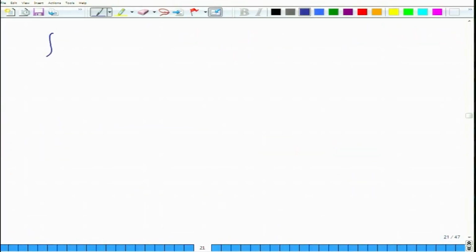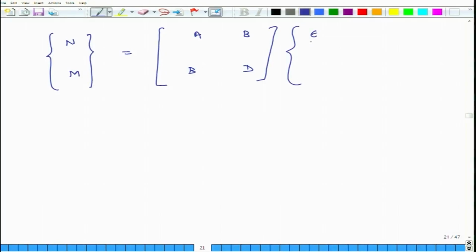So, if we have N and M, these are the vectors. So, this is equal to A, B, B and D, these are sub matrices, times epsilon and kappa. So, these are mid-plane stresses, mid-plane strains and mid-plane curvatures. So, we will consider several cases. Case 1,